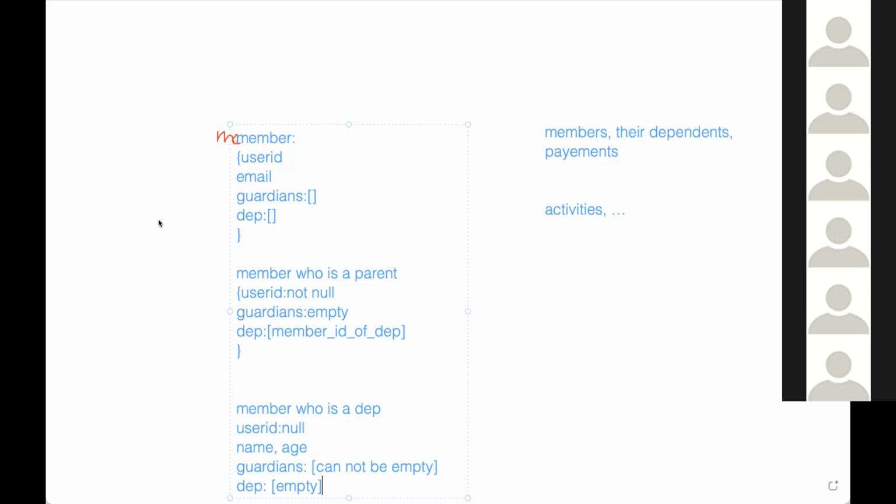That make sense? Sorry, I didn't follow. Yeah, I thought from the member, let's say the member which has the user ID, you could easily find how many dependents each member has by just. No, I'm saying the other way around. If we want to see who has 4 kids, not how many kids every user has, but who has 3 kids or more. Couldn't we just do like find member where the length of the guardians? Exactly. The length of the dependents list is 4. Yeah.